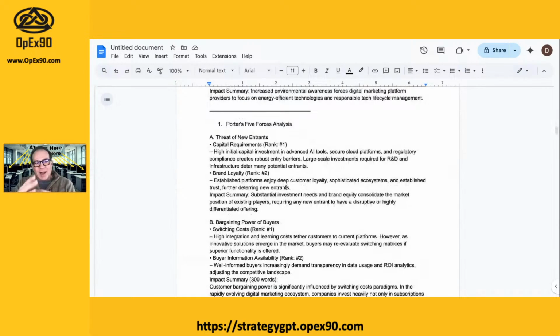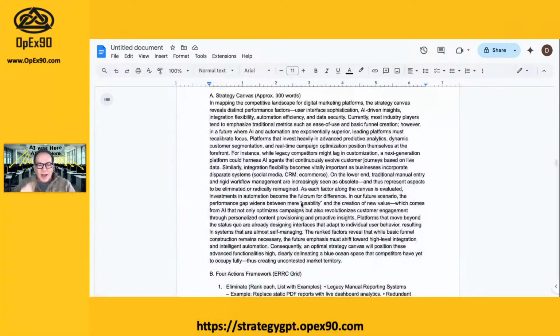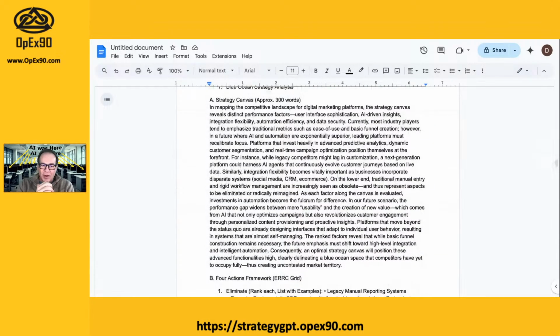It did a Porter's Five Forces analysis. Redundant, but we need this in order to run this blue ocean strategy. If you're doing a blue ocean strategy and you don't consider these other factors, you're wasting your time. Just guess, right? You might as well create your own independent goals and objectives and just roll with that. So here's a summary of what we have, right? It's looking at that landscape for these digital marketing platforms. It's trying to understand what's taking place in here. So this is like the bottom line up front, right? The BLUF. What is it that we're going to see? So it gives us a nice little summary here of what it thinks is going to take place in this industry. But let's look at the details.